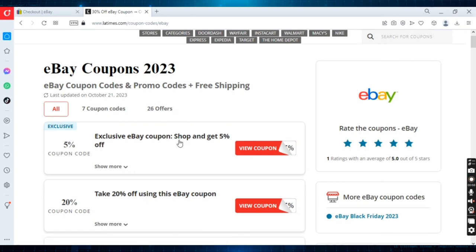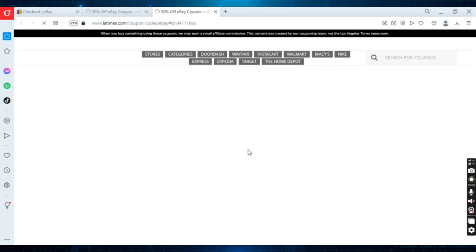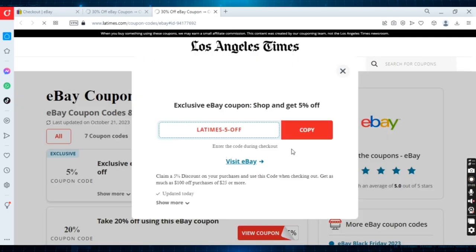So here you can browse, or you can go to a different website, check for maybe different coupons, and if you want to get the coupon code, all you have to do is view coupon, and here it's going to open up the website, and here you will get the coupon code, and all you have to do is copy it,